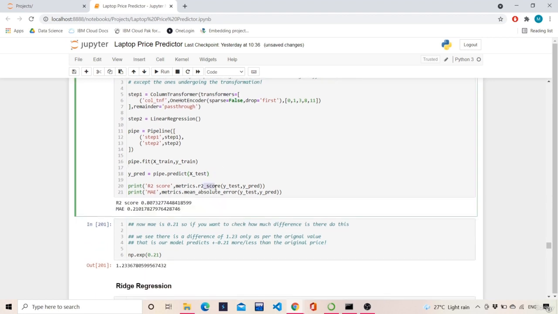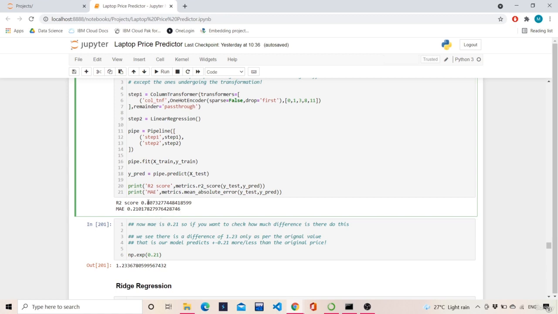We get a matrix dot R2 score. Now what does R2 score is? In classification, we have accuracy. In the same way, in a regression problem statement we do not use accuracy, we use R2 score. R2 score gives the idea of variance, of how one particular feature or a set of features are affecting the overall dependent variable, which in this case is price.